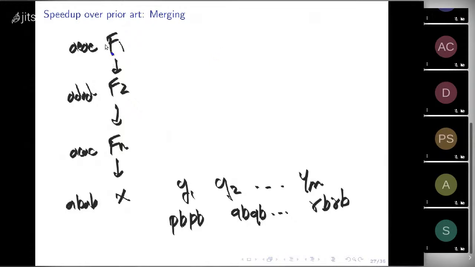So let's imagine we have a root node f1 which has a node f2 under it, which has a node dot dot dot, which has a node fn under it, which has a child called x, and then you have other nodes called y1, y2 up to ym. And now in general, for you to actually check for equalities of entire subtrees as we had to,